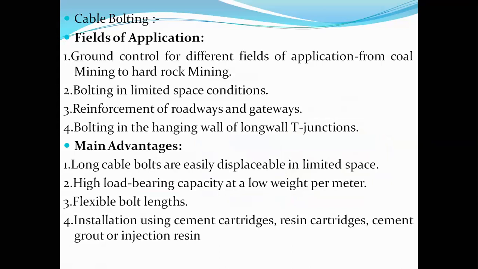So suppose there is a movement in the layers of the strata above the length of 2.5 meters, what happens? The roof bolt that I have attached for supporting will not resist that particular movement. In such a situation, the beam that was formed due to placement of these bolts will fall just like a solid beam, which results in heavy roof fall. So in order to further strengthen or resist the lateral movement of strata at deeper levels, we'll be using cable bolting.